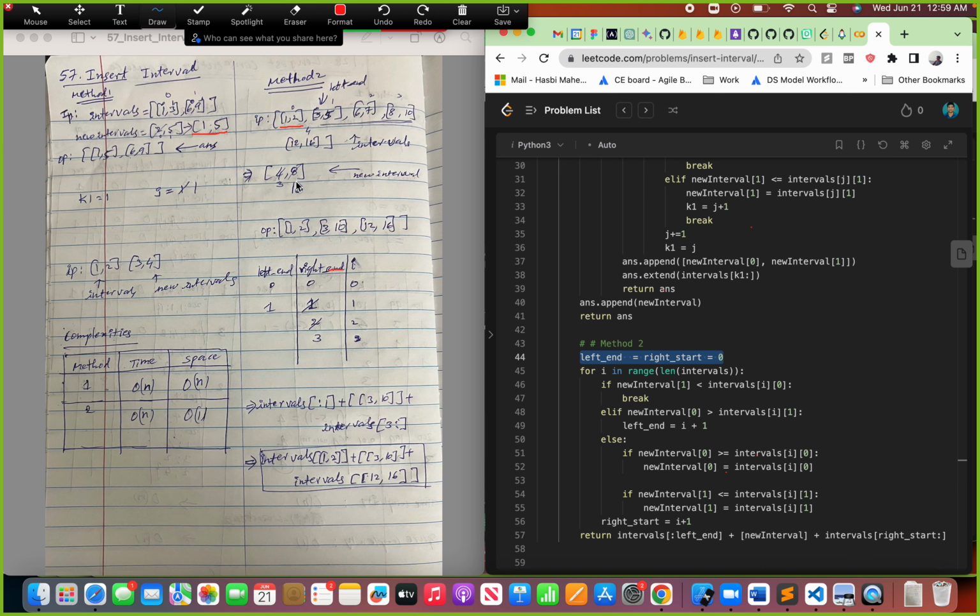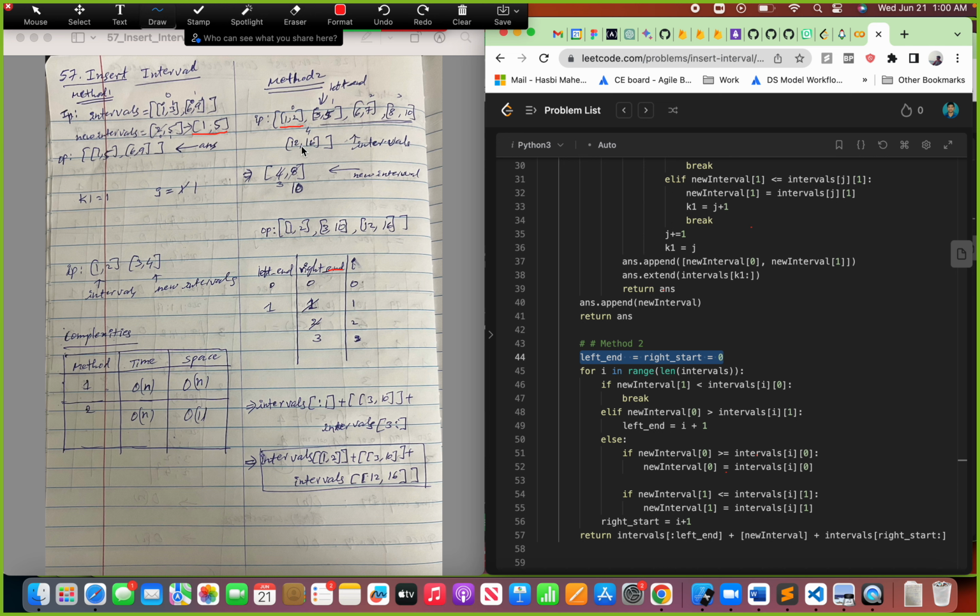In the new interval we'll be storing just this if it is not overlapping with anything, or if it is overlapping, then in this else condition we'll be calculating that overlapping part. So as we have seen, the new interval 4 8 is right of 1 2. So here the right start also becomes 1, and in the next iteration I becomes 1, and again it will check